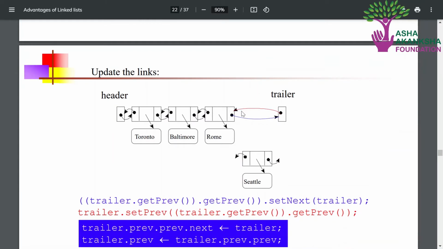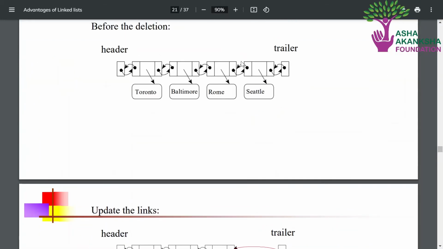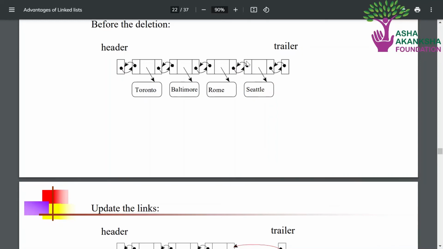So we will change the previous link of this node which we have to delete to the trailer, and the next link of the previous of the deleted node would be set to the trailer, and the previous link of the deleted node would be null.